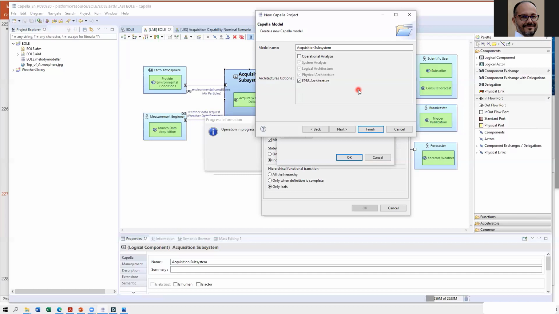So here, typically, I remove the operational analysis when I do this, because the subcontractor will mostly work at logical, physical, and EPBS levels. The rule will be that he will not have the right to change the system analysis because it would change the specification. Okay, he receives the specification from you, in fact.